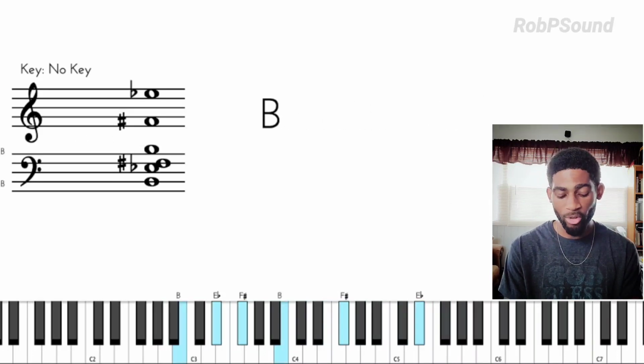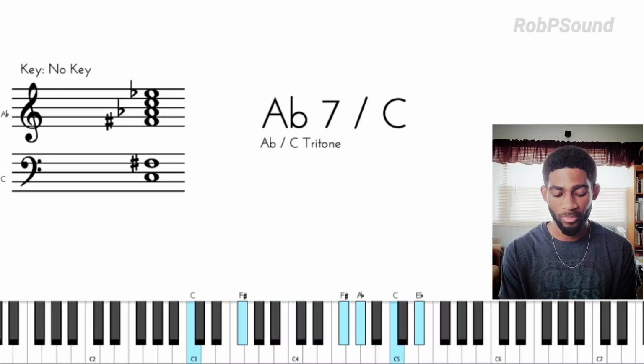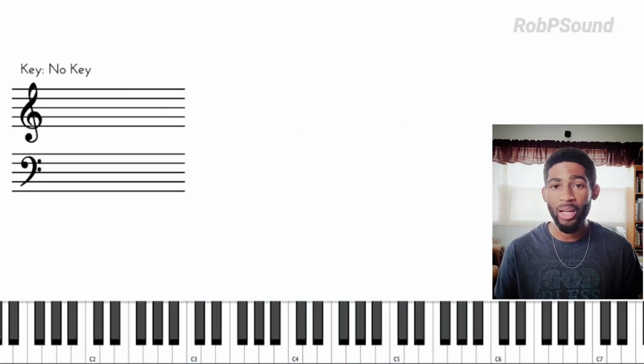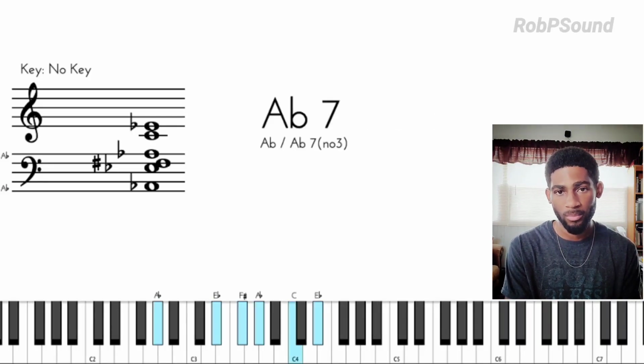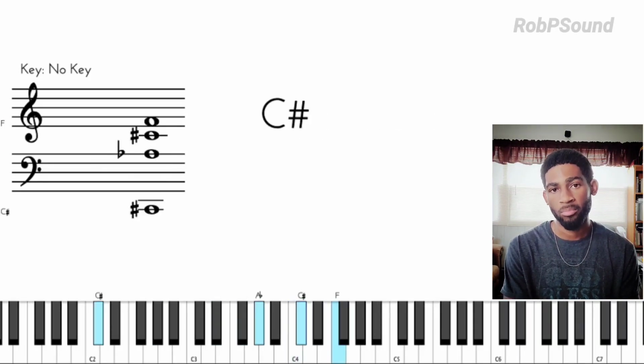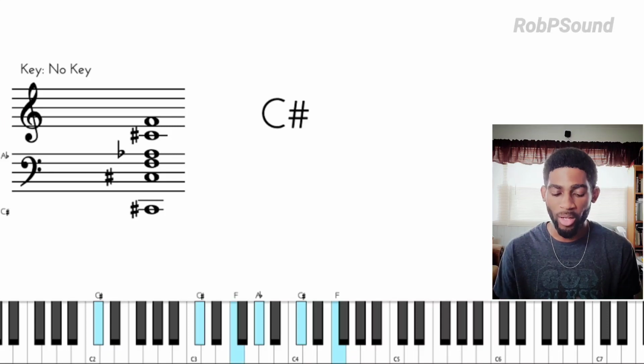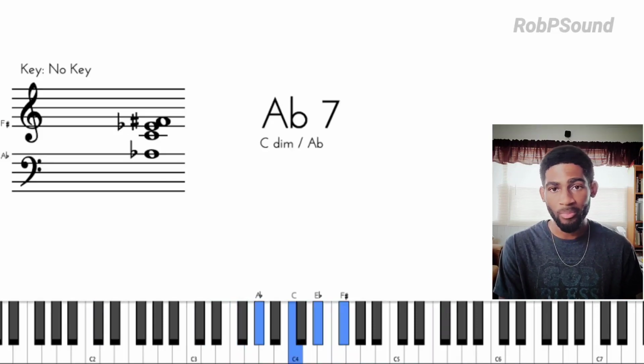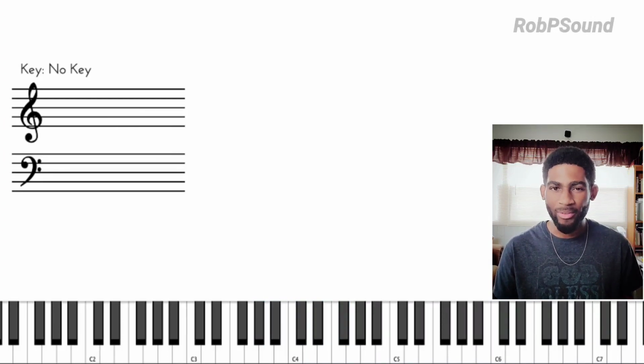Now, usually when you get here, you can play over this C or that flat 5. You can think of it like a 2, right? Because we're getting ready to go to the 5. So as far as circular movement, you can think 2 to the 5. So I'm thinking an A flat dominant 7. With that being said, a lot of times when I want to add something different, I would